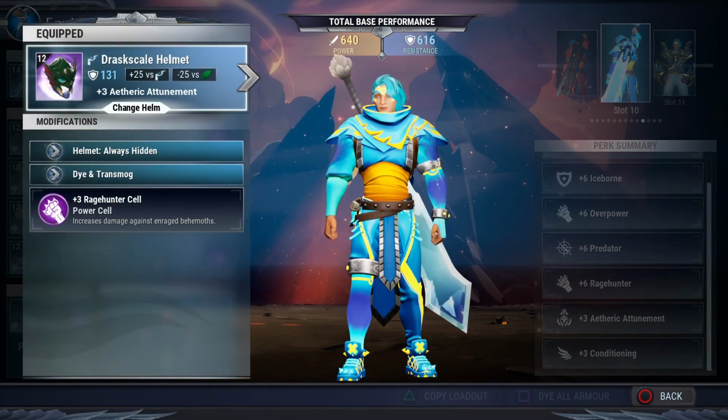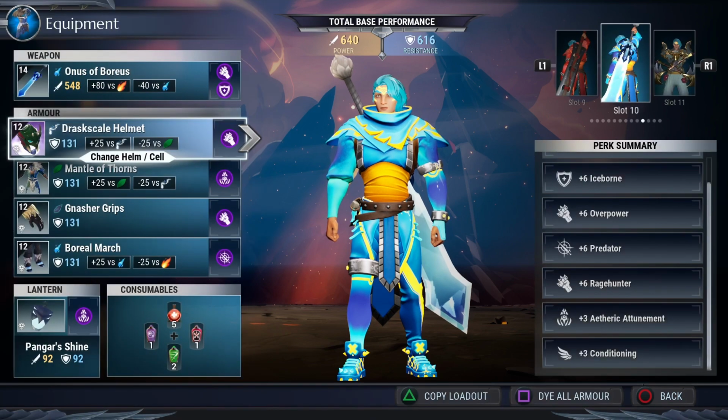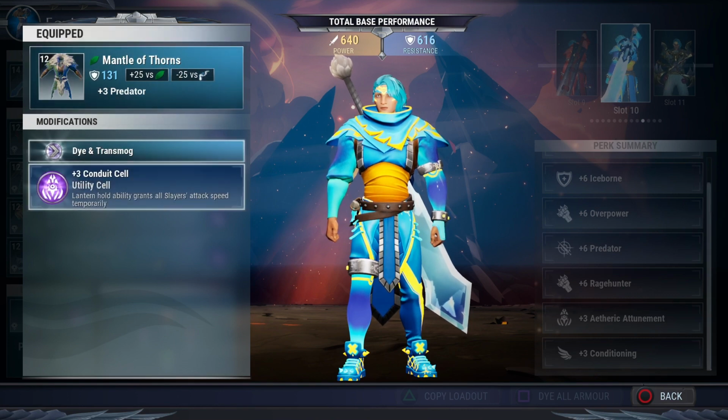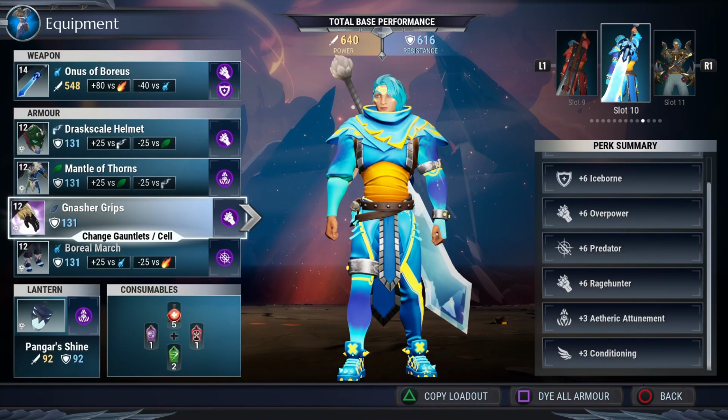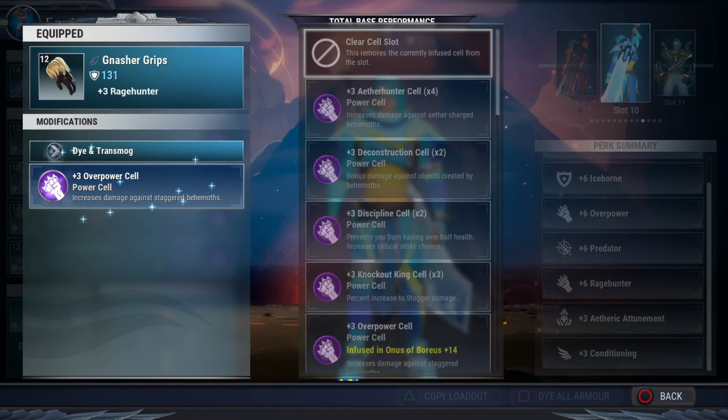Next, we're using Drask's helmet, and that has a +3 Etheric Tument, and we're gonna put a +3 Rage Hunter cell in there. And for the chest piece, that's Koshai's chest piece, the Mantle of Thorns, that has a +3 Predator, and we're gonna put a +3 Conduit. And for the hands, we're using Nasher's Grips, that has a +3 Rage Hunter, and we're putting a +3 Overpower